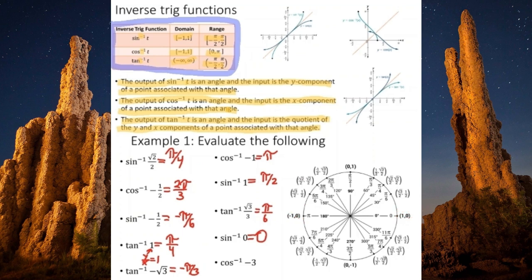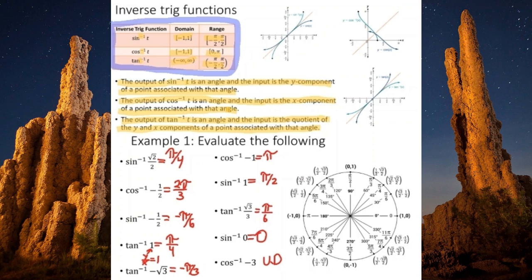Last, we'll evaluate cosine inverse of negative 3. If we look at our unit circle to find an x component of negative 3, we will not be able to find one. The smallest value of x for any point on the unit circle is negative 1, while the largest x value of any point is positive 1. And this is why the domain of cosine inverse is between negative 1 and 1. There is no point on the unit circle that can have an x component of negative 3. So since negative 3 is not in the domain of cosine inverse, cosine inverse of negative 3 is